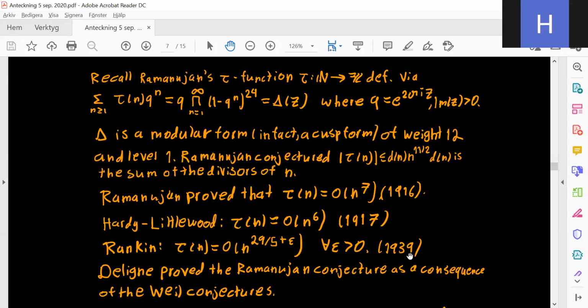I mean, yeah, 11 is 12 minus 1. In this case, the n to the power 6 is an easy Fourier transform computation. It's a direct estimate on the coefficients, and then the whole difficulty is winning this 1/2. And that's where Deligne comes in, because these coefficients are actually eigenvalues of Hecke operators, and the Hecke operators mod